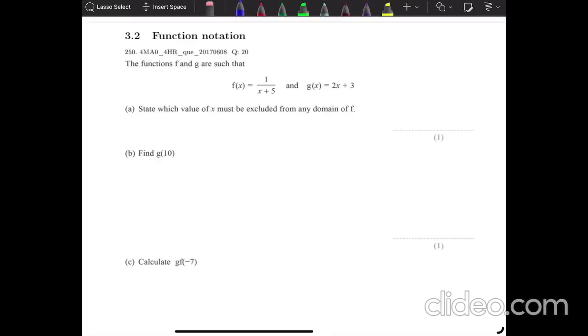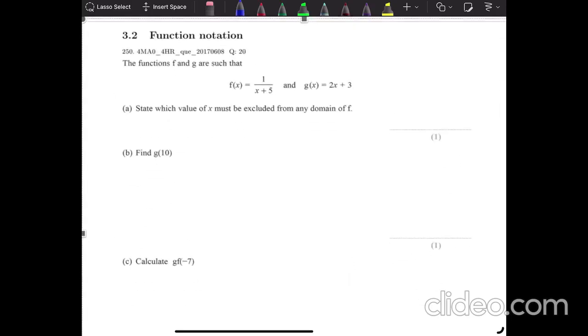So today we are going to discuss one of the questions from the paper for MA for HR, from the year 2017. This question is related to the concept of functions and function notation. So let's read the statement. The first statement says that the functions f and g are given, such that f(x) is this and g(x) is this, and in part a they are asking: